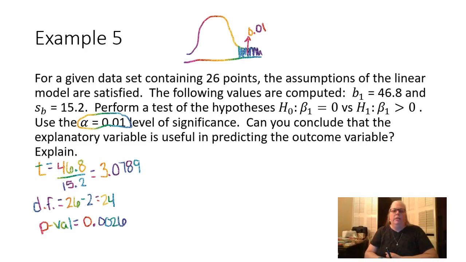Now, the question is, my p-value down here, I'm going to change colors. Is this going to be less than 0.01, in which case we would be drawing our line back here and shading in this for the 0.0026, or is it more than that, in which case the critical value